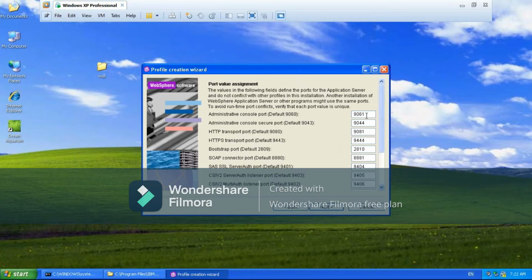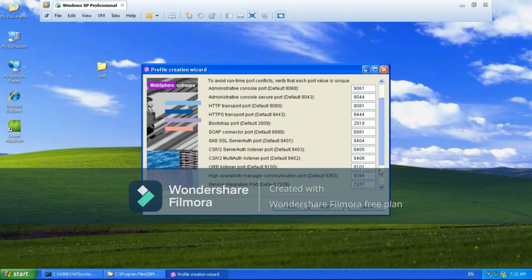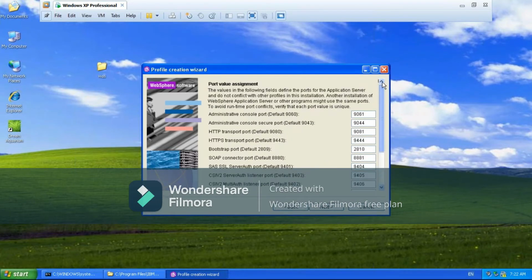What will happen if I take 9060? The request doesn't know whether it has to go to server1 of the default profile or server1 of this standalone profile 1. So that's the reason it takes port numbers one extra for each. We will see this practically also. These are the port numbers it is going to take, and they will be stored in the node level serverindex.xml file.